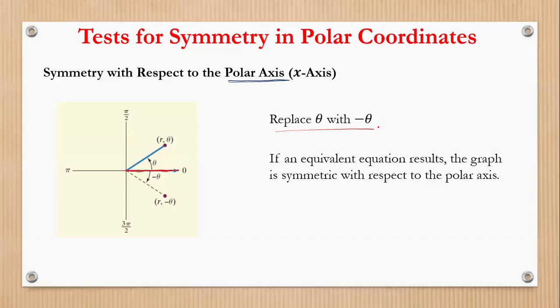Like r equals 4 cosine theta. If I replace theta by negative theta, since I know cosine is an even function and the cosine of negative theta is always equal to the cosine of theta, we get the same equation, nothing changed. When I replace theta by negative theta and nothing changes, that means this equation is symmetric with respect to the polar axis. And if I go back to the previous example,